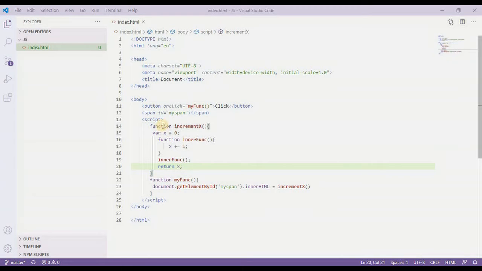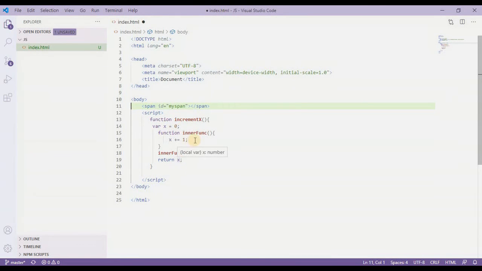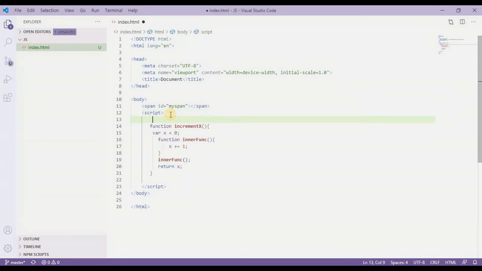Now I will call this function in an HTML element to check how this is working, and right now I don't need this my func anymore, and I'll remove this button also, and here I simply type document.getElementById, which is again my span, and then I'm going to type innerHTML equals to this time the whole function as it is returning this x.